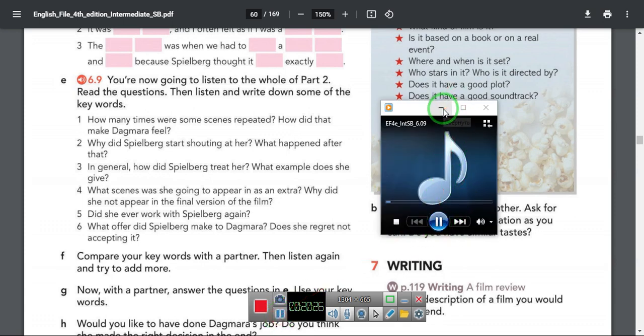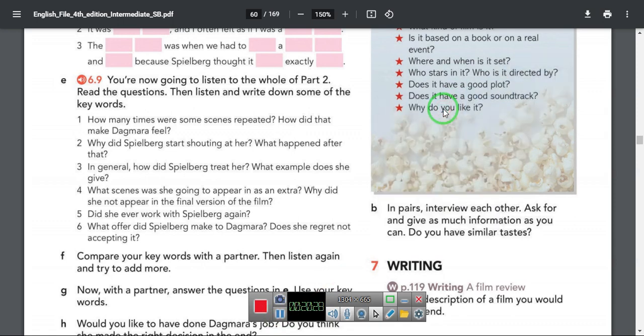So, what exactly did you have to do? I had to go to the film set every day and translate Spielberg's instructions to the Polish actors and also to the extras. I had to make them understand what he wanted them to do. It was really exciting, and I often felt as if I was a director myself. So, was it a difficult job? Sometimes it was really hard.